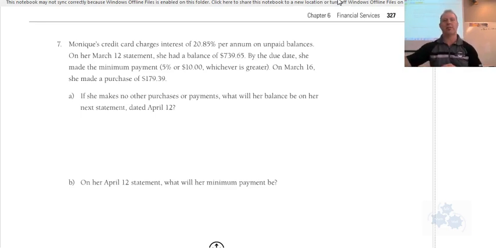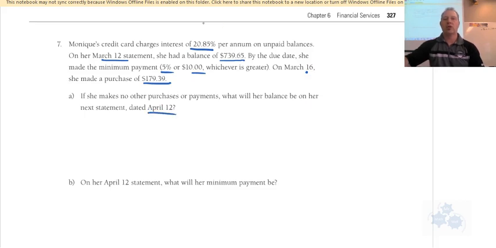So number 7 is a bit complicated. Let's take a look at number 7 here. Monique's credit card charges 20.85% per year on unpaid balances. On her March 12th statement, she had a balance of $739.65. By the due date, she made the minimum payment, which is 5% or $10, whichever is greater. On March 16th, 4 days later, she made another purchase. If she makes no other purchases or payments, what will her balance be on her next statement,